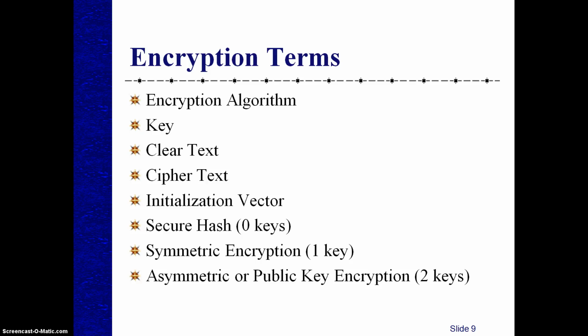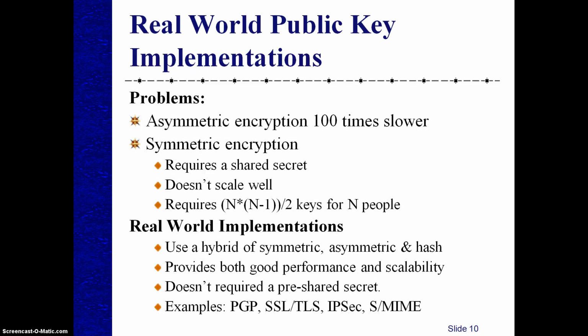Encryption terms are: encryption algorithm, key, clear text, ciphertext, initialization vector, symmetric encryption, asymmetric or public key encryption. What are the problems? Asymmetric encryption is 100 times slower, and symmetric encryption requires a shared secret, doesn't scale well, and requires keys for n people. Real world implementations use a hybrid of symmetric, asymmetric, and hash. This provides both good performance and scalability and doesn't require a pre-shared secret. Examples are PGP, SSL/TLS, IPsec,